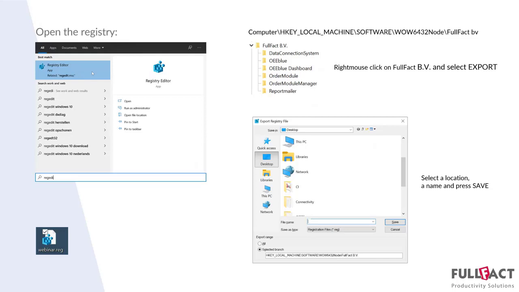Also very useful when you want to change your SQL server address or the default user. Set it up once in your setup database, create a reg file, and copy it to all the other workstations.